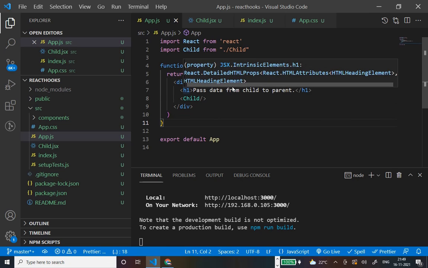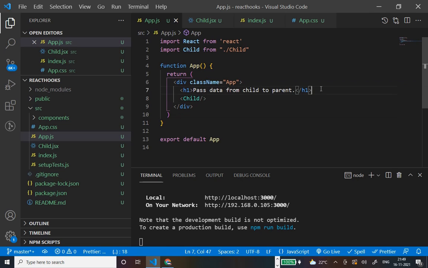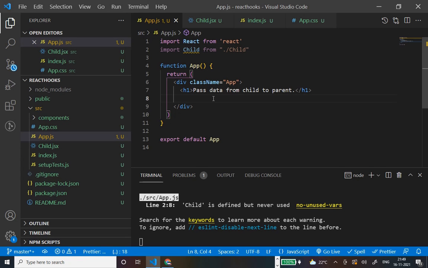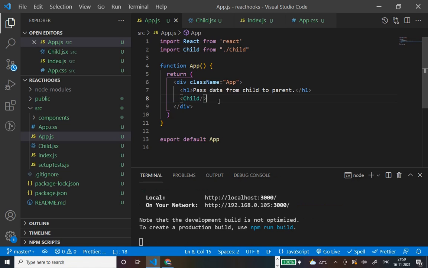We don't have any original values rendered from the App component. If I remove this one, you don't see these values, because we are getting them from the child component.